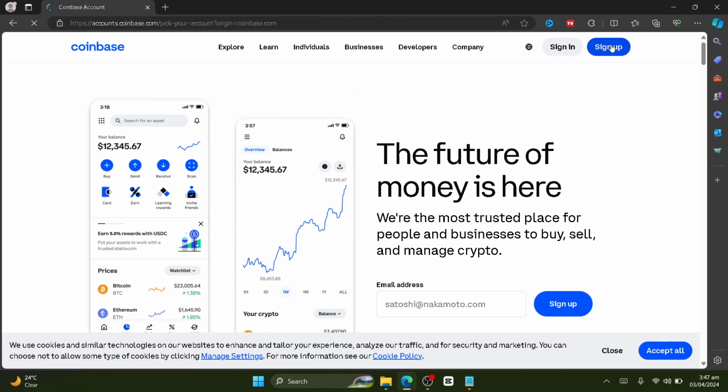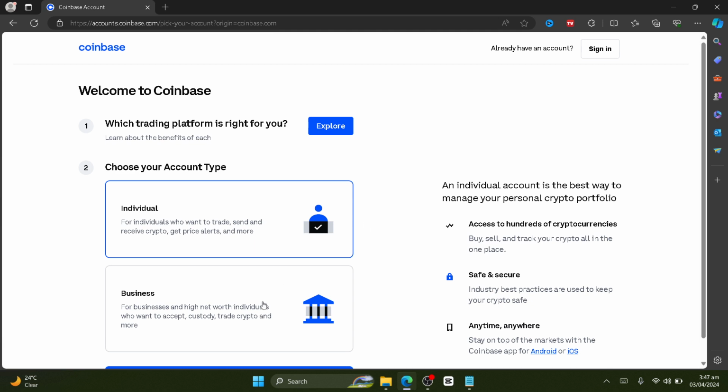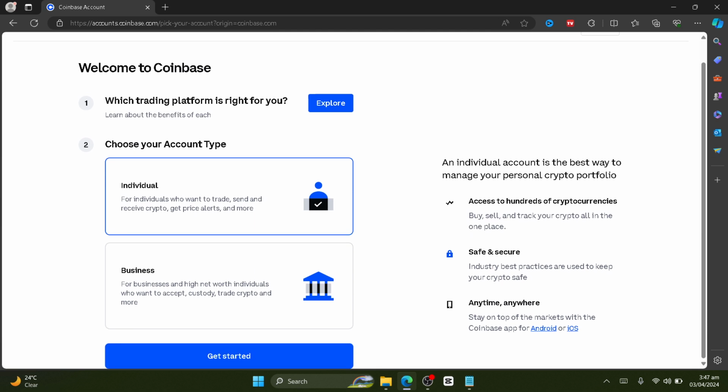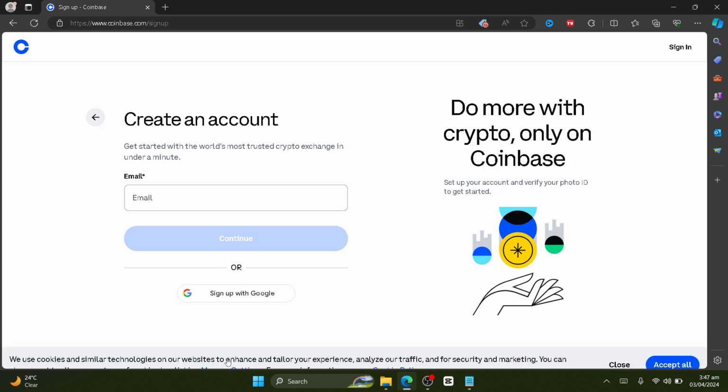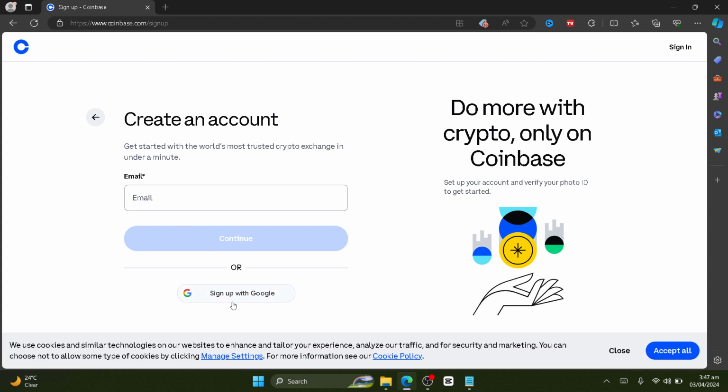So just click on it and then just select individual or business, whatever is the most relevant to you. So just select the relevant option and then just click on get started, this blue button right here, and then you have to put in your email address, or alternatively you can sign up with Google, and then you will